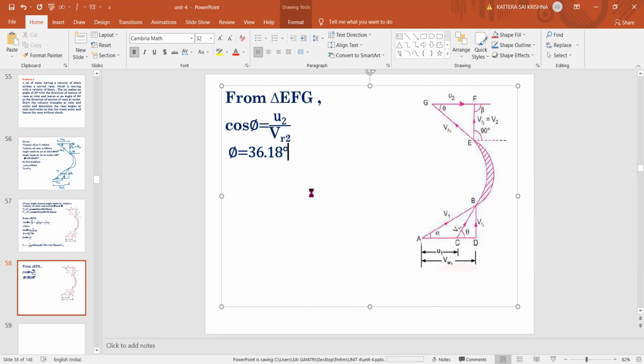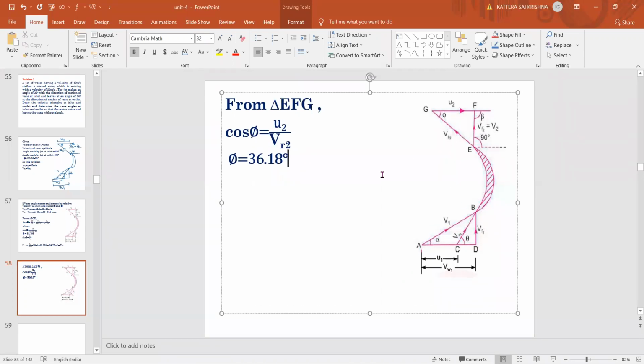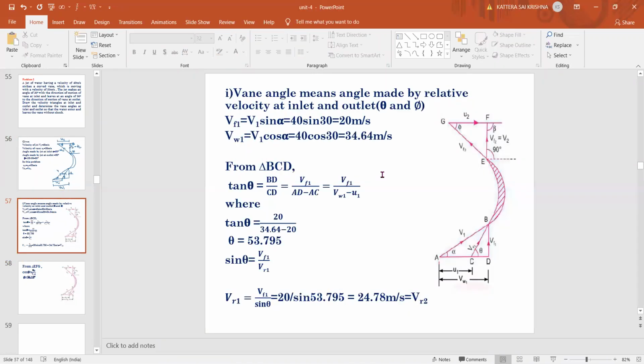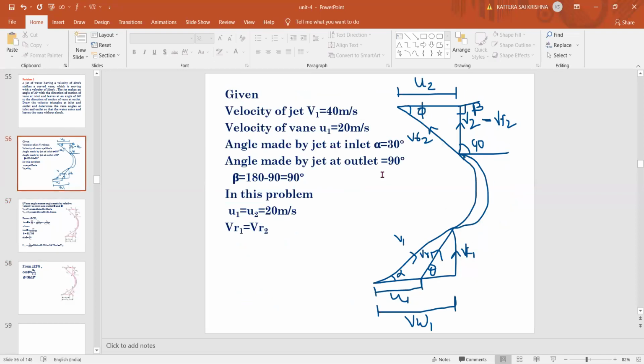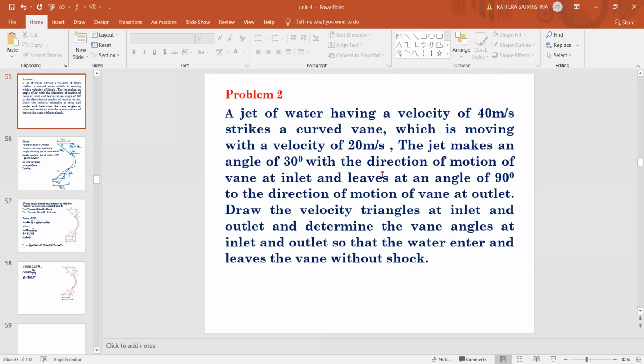I think we have 5 minutes, but anyway we cannot complete one more problem today. So we'll go in the next class. If you have any doubts in drawing the velocity triangles or anything else in this very important topic, I have already said many times, if you have any doubt how to draw anything, you can ask. Okay, Shashi, I think you have taken a screenshot. We'll take one more screenshot and send it to me, Shashi.